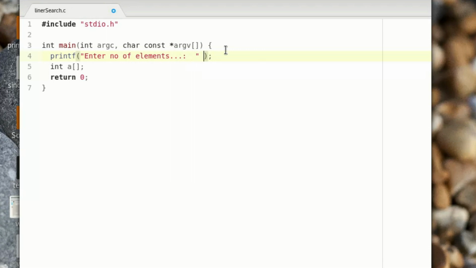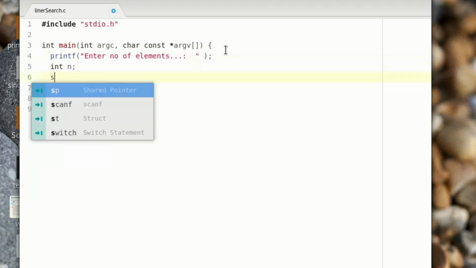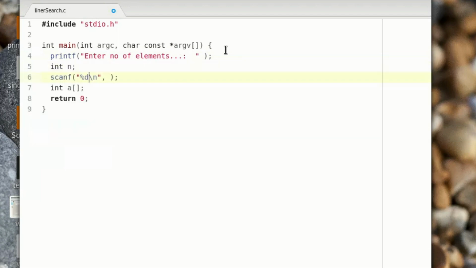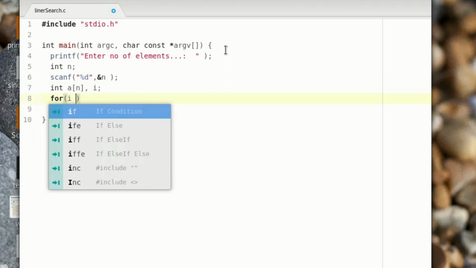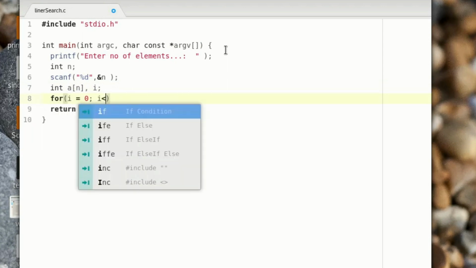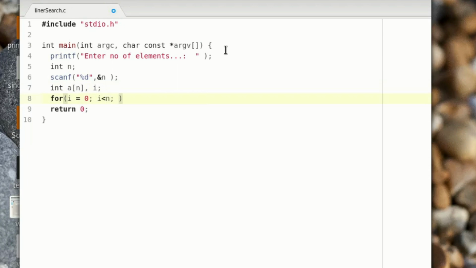Say n is the number of elements and scan that, using the address of n, and now you can use n. And let's declare another integer variable i for the loop, and i starts from 0 and i less than n, i plus plus, and inside that,